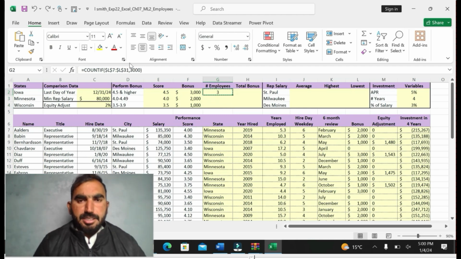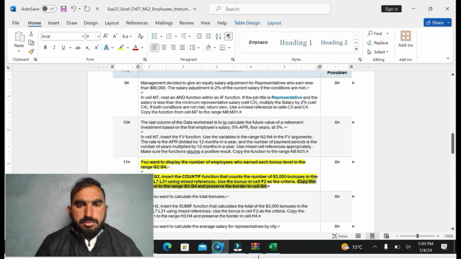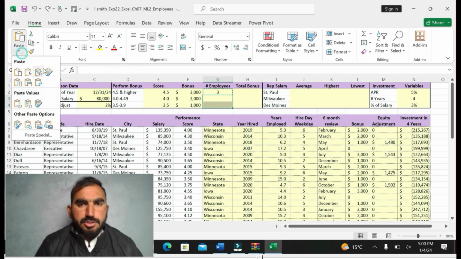First I am going to make the copy and then I am going to paste it by using paste formulas and number formatting. Copy, make a copy and paste into G3 to G4 by formula and number formatting.